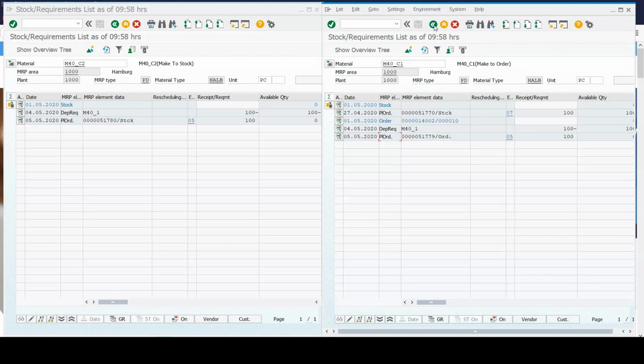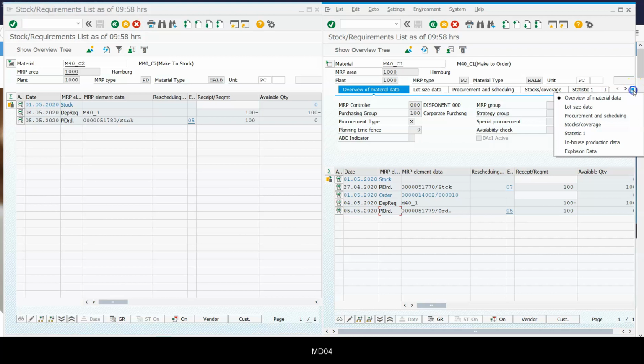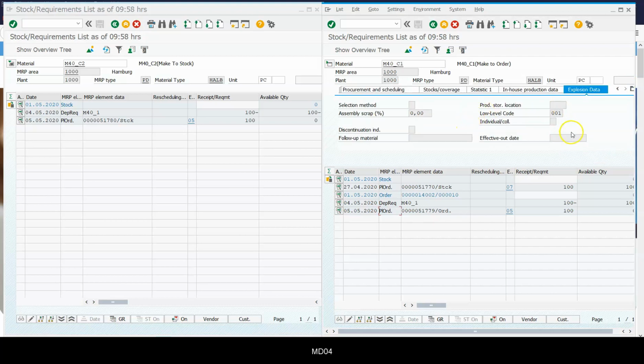So this is how we need to plan when there are different components having different strategies. In a make to order finished good, some of the components in the bill of material may be make to order and some may be planned as make to stock. What is important is the indicator, so I'm showing it to you. Here you can see the individual collective indicator is blank, which means it will inherit from the parent only.